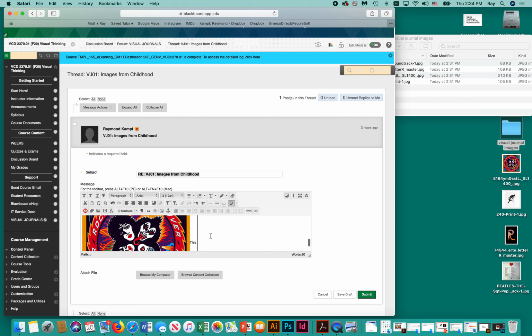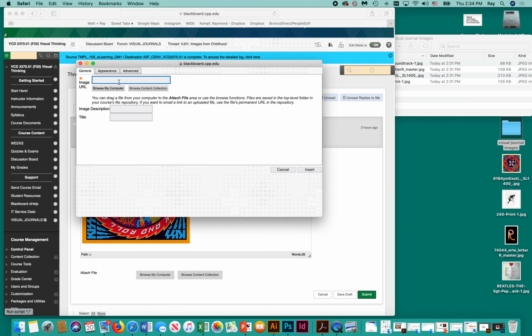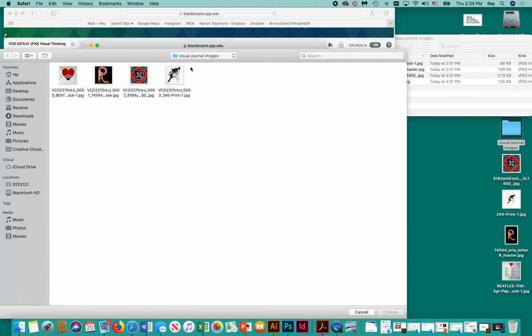This album showed me symmetrical balance. And then lastly, browse my computer.